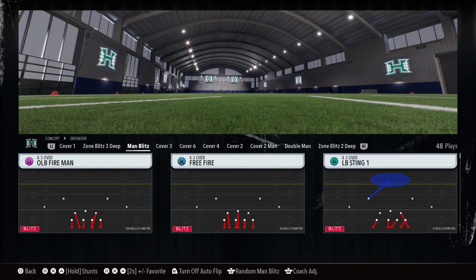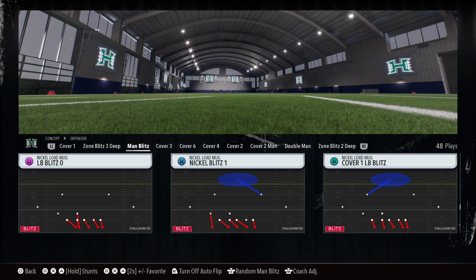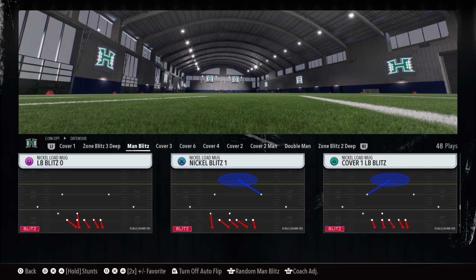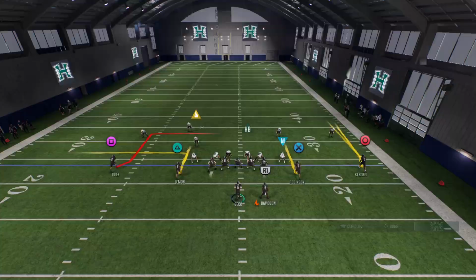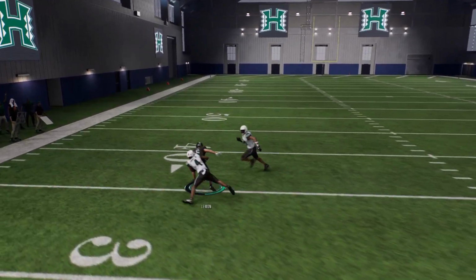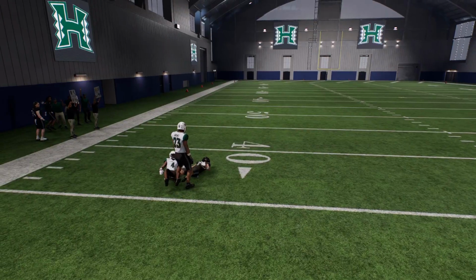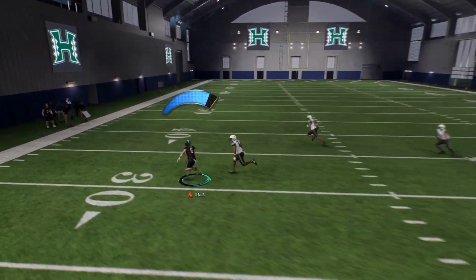But when they run mid blitz against me, because what they do is they run mid blitz when they get frustrated. But they run mid blitz against me, this triangle route, it's down there a touchdown every single time, depending on how he catch and lead this month. Yeah, when he catch it like that,